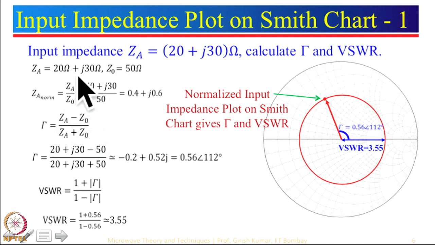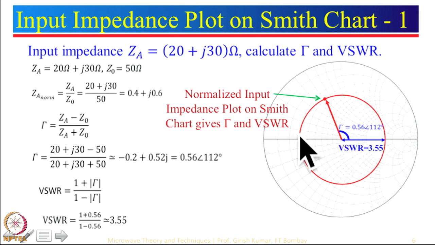So, the first step in that case would be that we get the normalized value, ZA by Z0, which is this value, and how do we plot this on the Smith chart? You locate 0.4 on the Smith chart, and then you move along the constant resistance circle and stop at a point where the value is plus j 0.6, which corresponds to the reactive curve here. And after stopping at this point, you take the distance from the center to this point as a radius and draw the circle. Once you draw the circle, wherever the circle cuts the real axis on the right side,